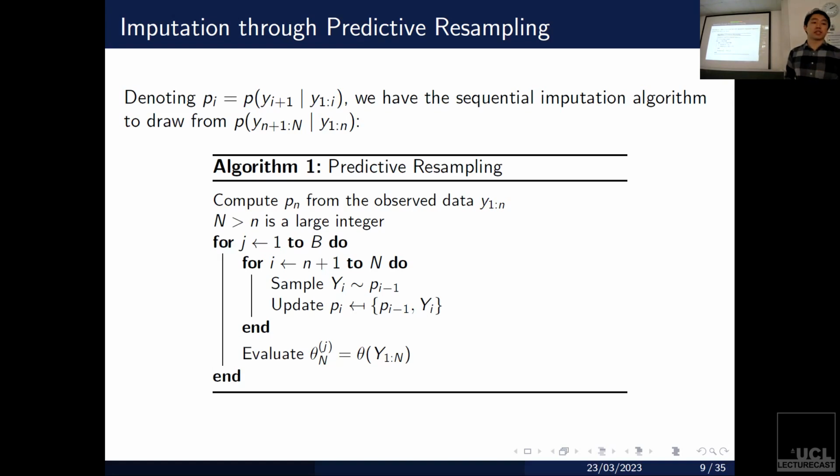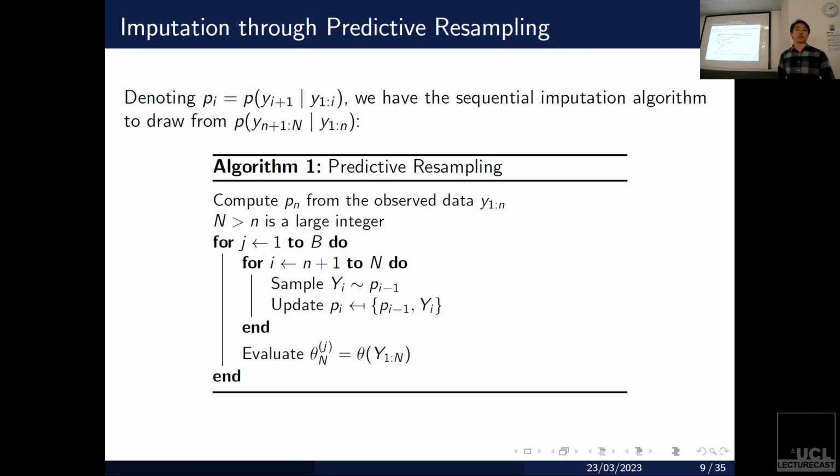The key step here is to get this joint. We're actually going to need to update this predictive. So we're going to essentially treat yn+1, which is simulated, as a real data point. So we're going to now have assumed that we've observed y1 to n+1. We're going to update our predictive distribution. That's going to give us Pn+1. Then we're going to sample yn+2. We're going to do the same thing, treat that as a real observation, and we're going to continue this onwards to infinity.